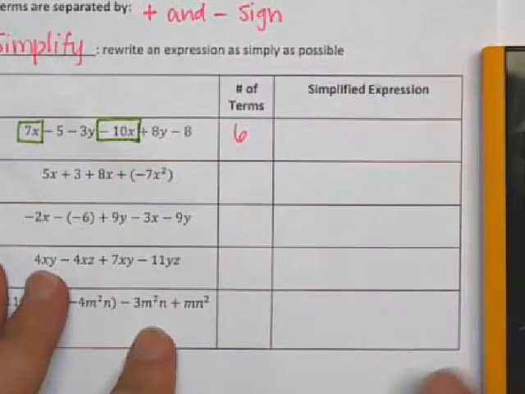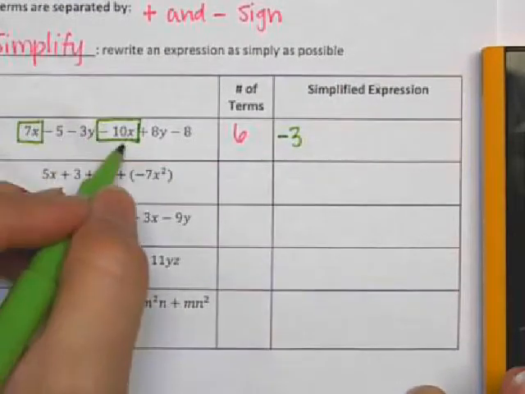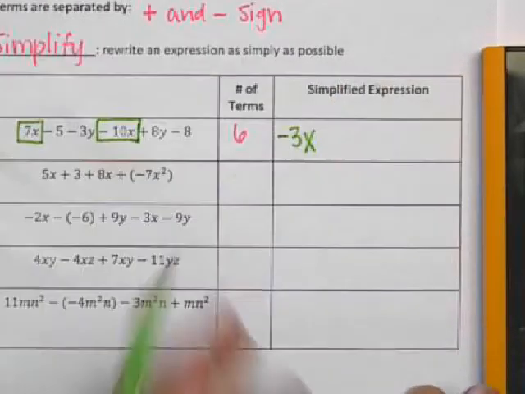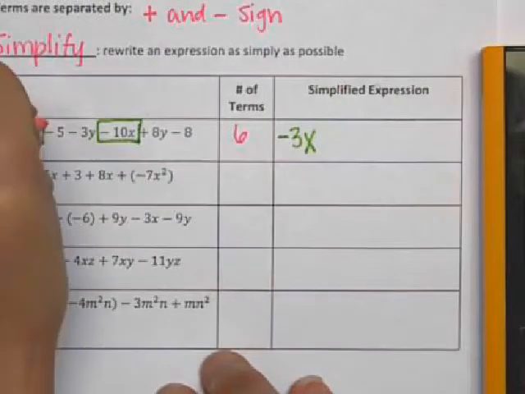So the first thing I'm going to write over here is negative 3. And the 7 has an x and the negative 10 has an x, so my answer's got to have an x. Okay? Then I'm going to take my next term, which is negative 5, and I'm going to put a